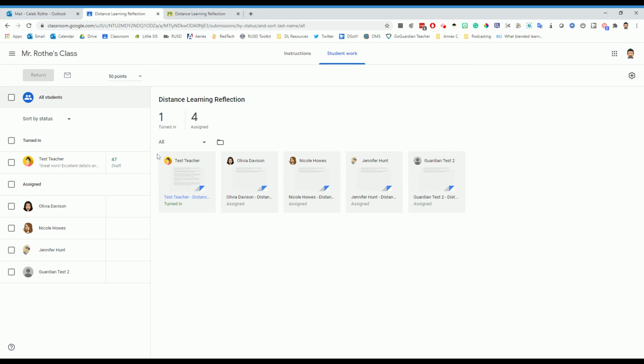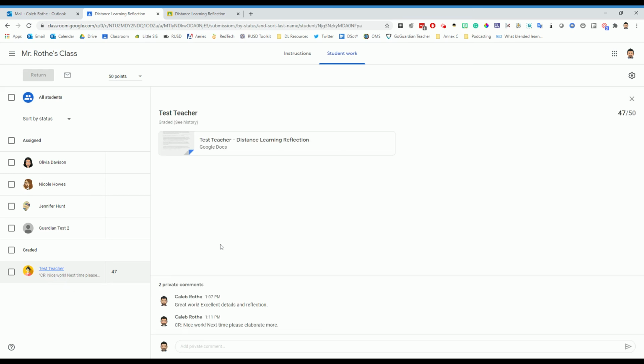Once I'm back in this dashboard, you'll notice I have all of these students, and over here, test teacher's work has been graded and returned. And you'll notice right below it, the private comment shows up there as well. And you'll notice since it kind of truncates it only shows part of it, me adding my initials at the beginning is a quick visual clue for myself that I'm the last one that has added a private comment for this. If I log in tomorrow and I notice my initials are not there, that means that my student has added a comment. So what I can do is I can click this, and then I will see down here